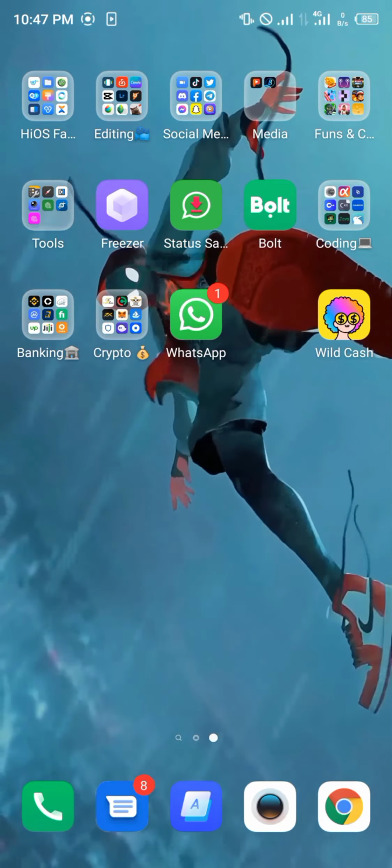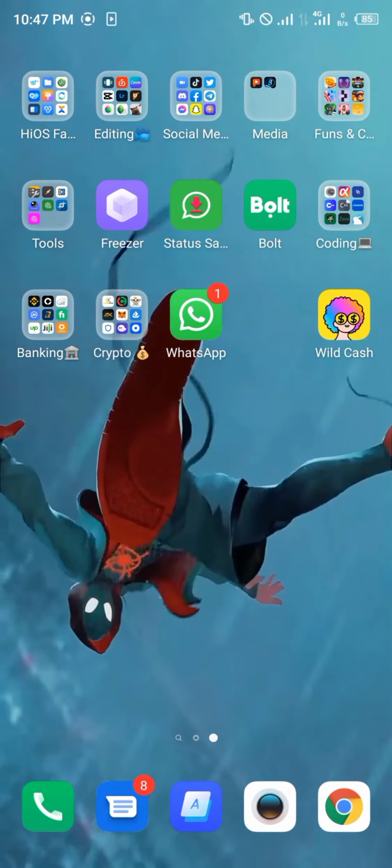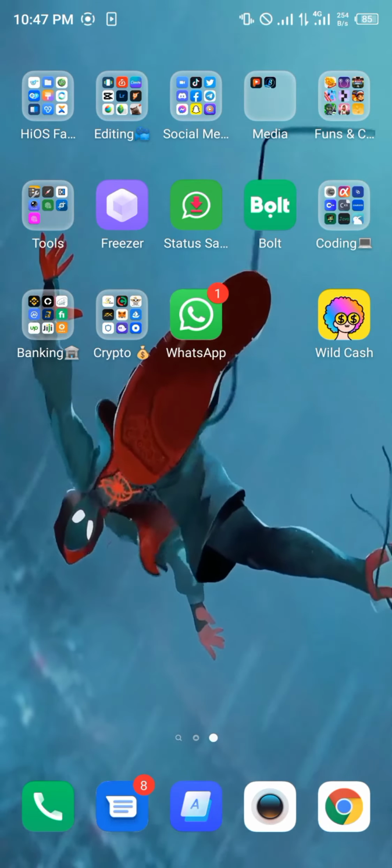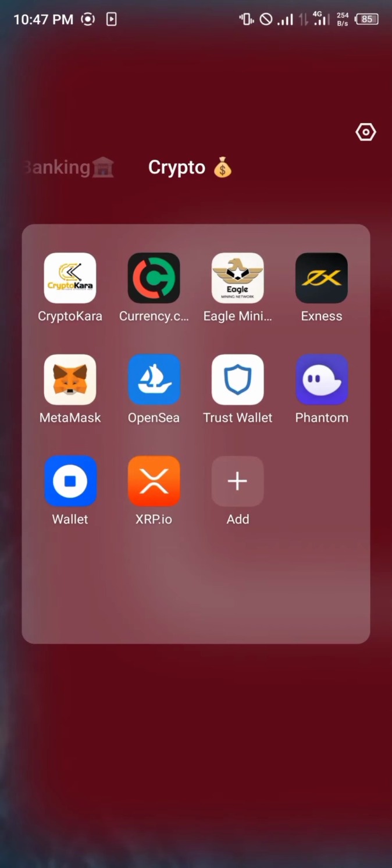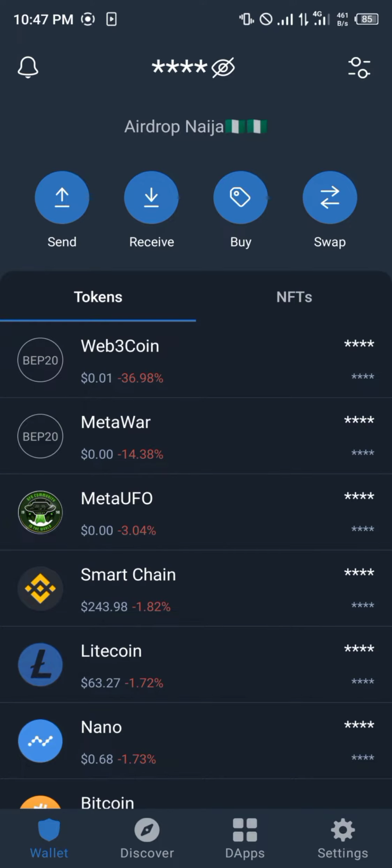First of all, you're going to have to locate your Trust Wallet app. Mine is on my home screen, so we're going to make use of that. You click on the Trust Wallet app. Whilst you're logging in, you'd be met with a prompt to input your passcode, like so. And once you're done inputting your passcode, you head down to the D app section at the bottom right corner